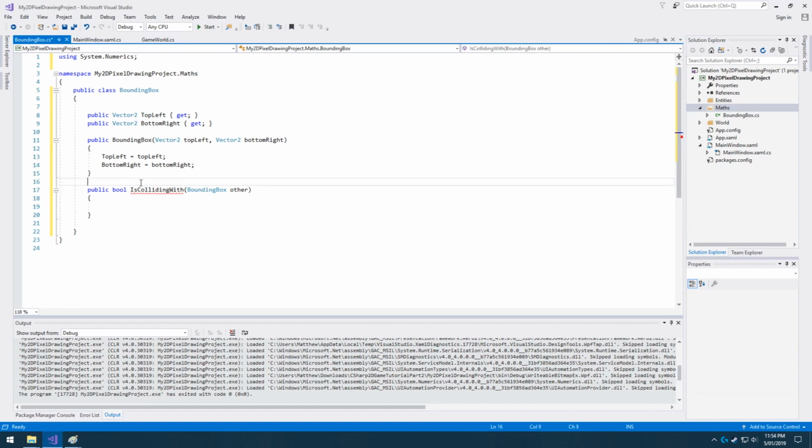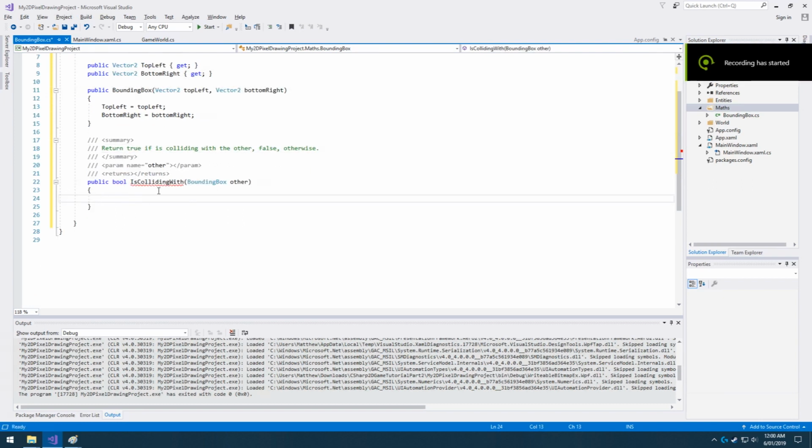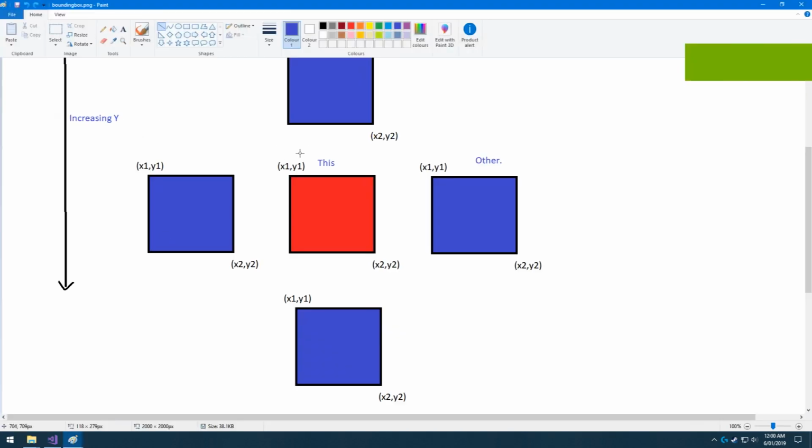So we want to return true if this is colliding with the other, false otherwise. How we're going to implement our is colliding with function is we're going to check these four cases where they're not colliding. We know that if this is in the middle and the other is way off to the